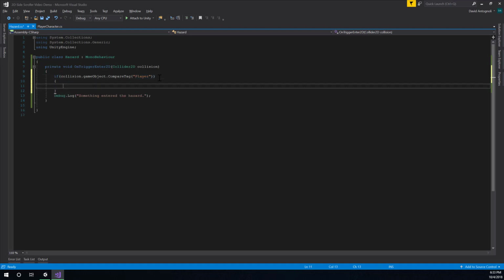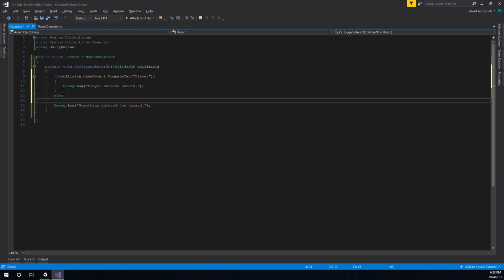Then we can print something special like debug.log player entered hazard. And otherwise, if something else that's not the player touches it, so we'll have an else,